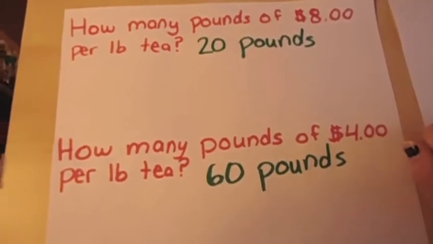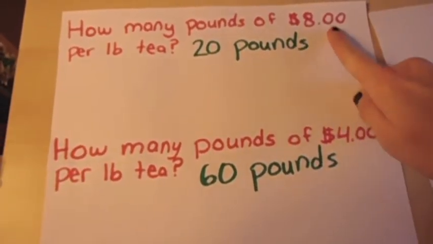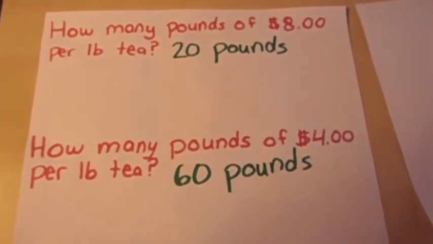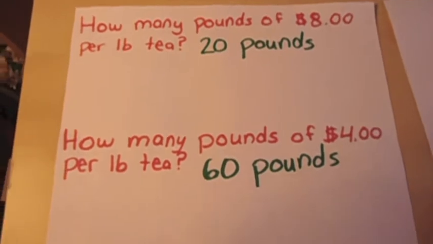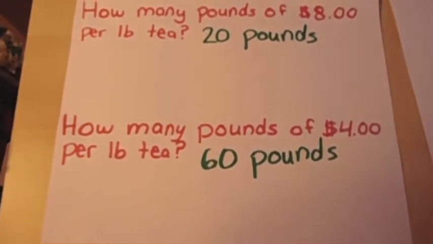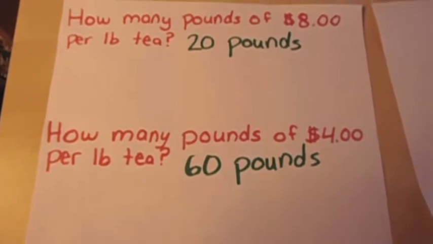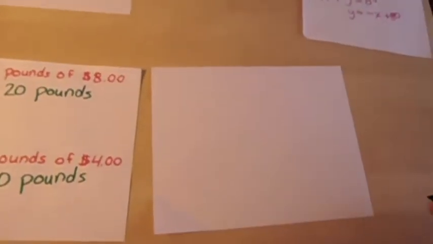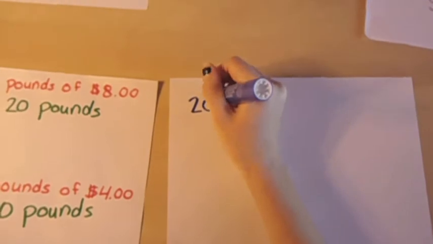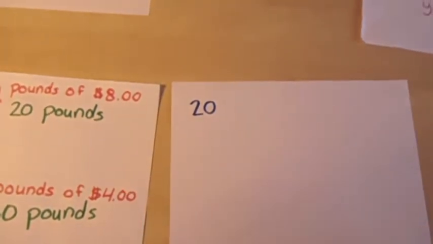So now that we know that the merchant uses 20 pounds of $8 per pound tea and 60 pounds of $4 per pound tea, we might now want to check this to make sure that it makes sense in regards to our original problem. So to check to see if we're right, we could simply make two equations to double check. The first one we would do is take the number of pounds from our solution of $8 per pound tea, which is 20, and we will multiply that by 8,